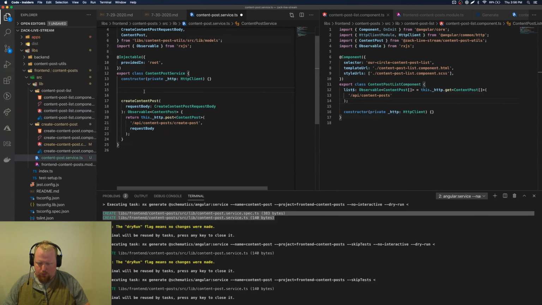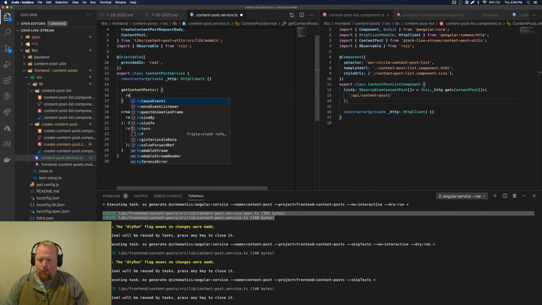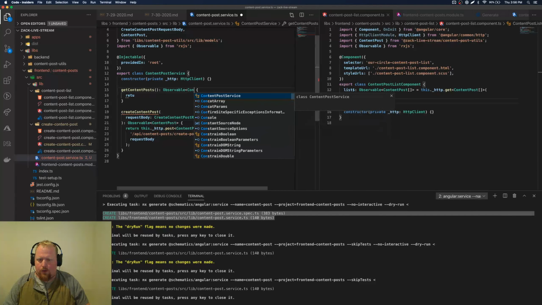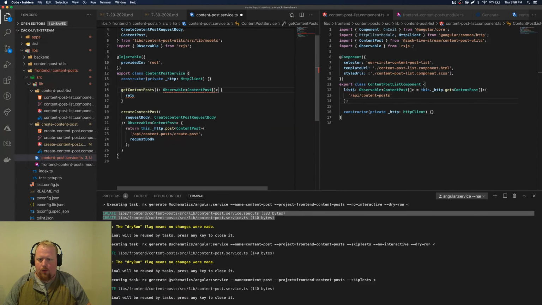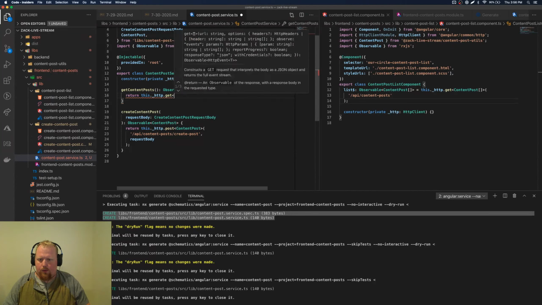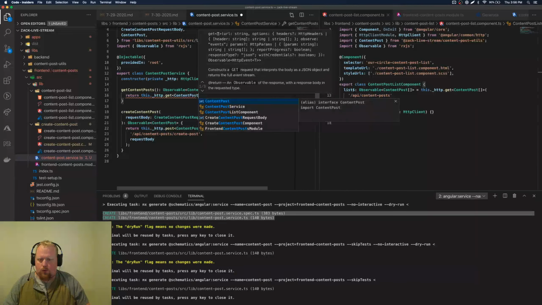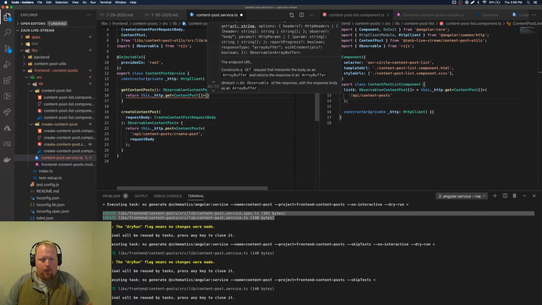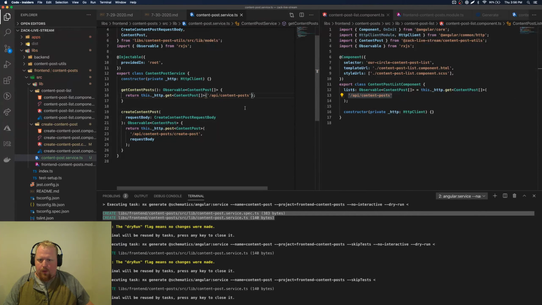So we're going to call this one getContentPosts, and this will return an observable of an array of content posts, and then here we'll return this.http.get. It's going to give us a content post array, and we'll just grab this URL here, save it,